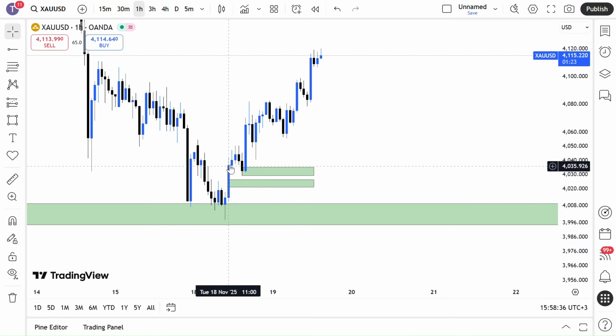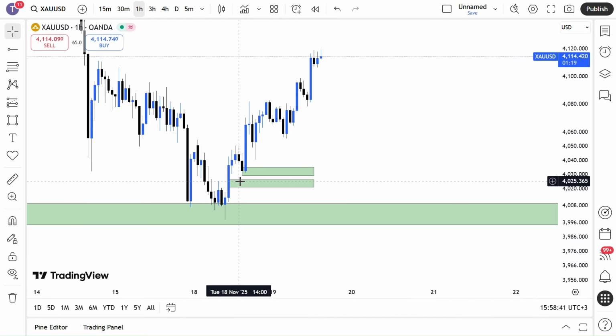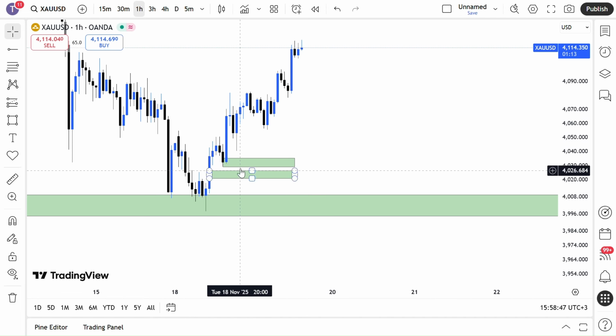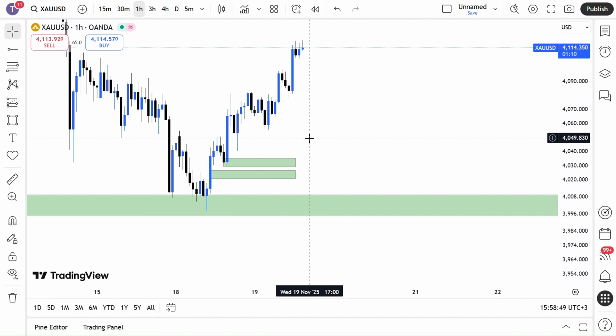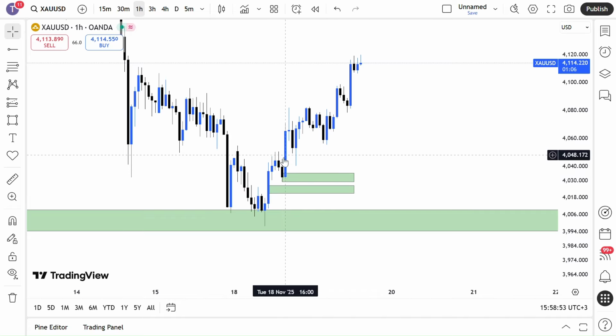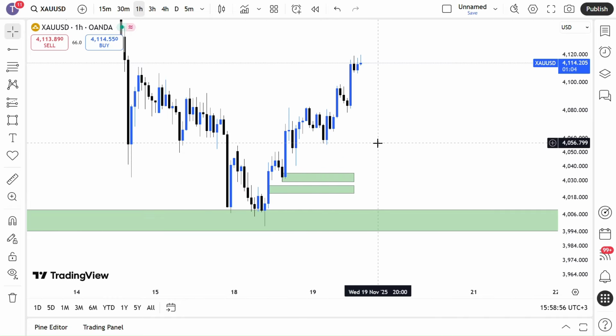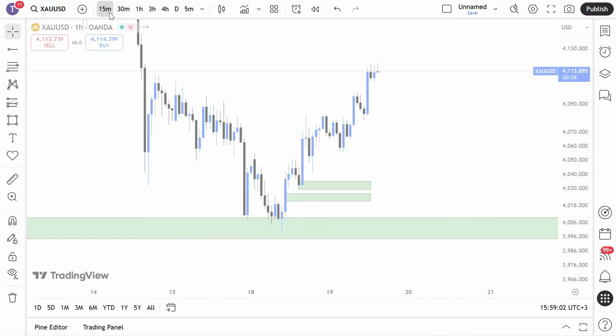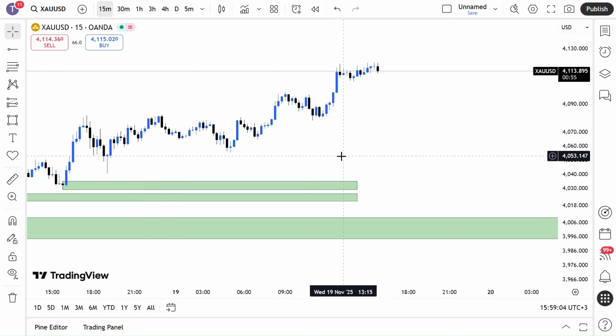I think if we have price dropping down into this fair value gap, these are the points where we are going to expect the reaction from. These points, I've marked these order blocks from the 15 minutes time frame. So let's drop down into the 15 minutes time frame and identify these order blocks before I tell you what is happening in this area up here. So coming into the 15 minutes time frame,